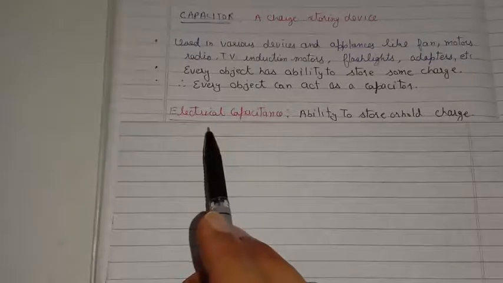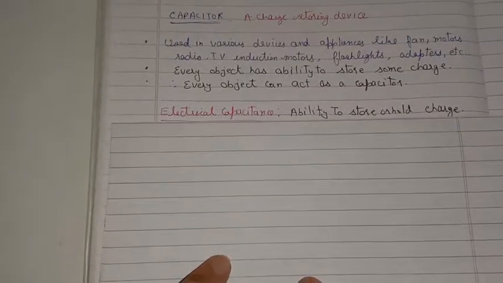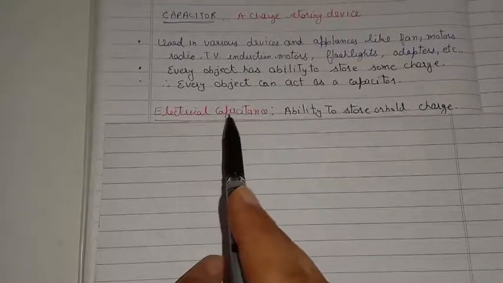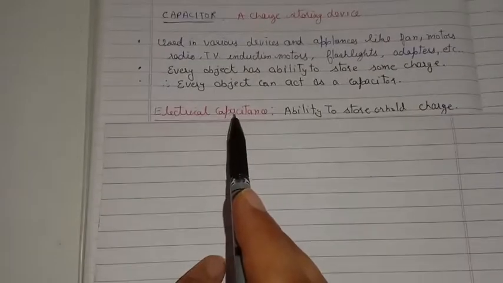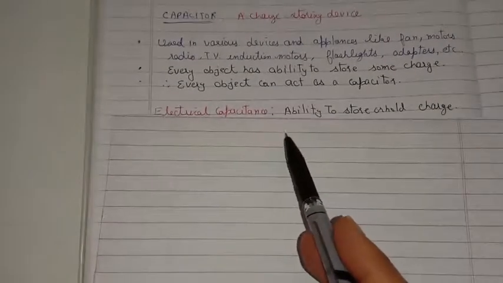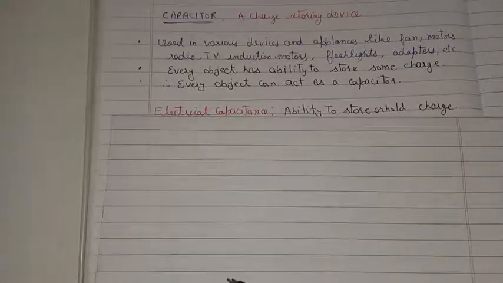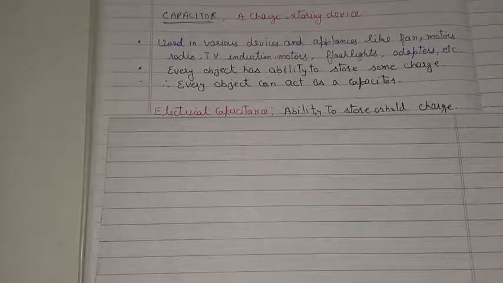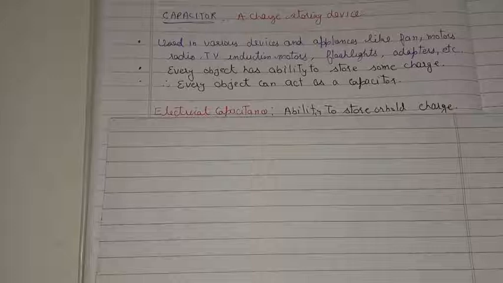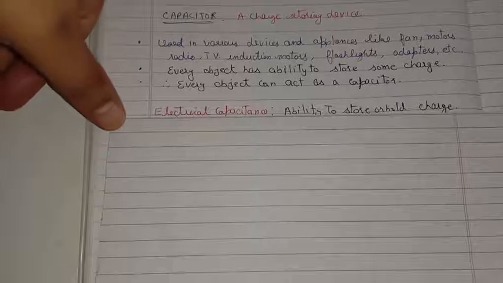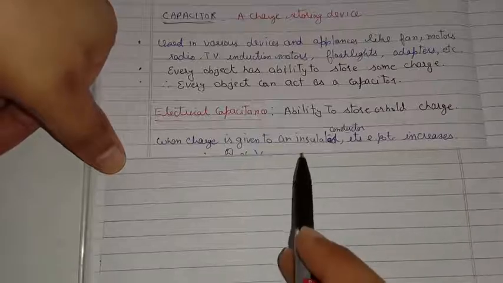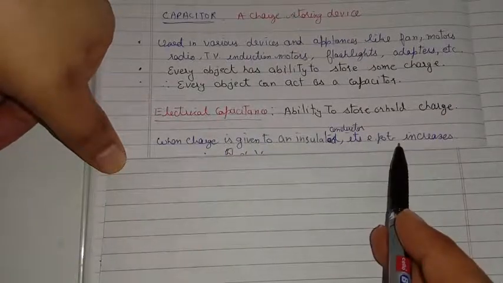So how much electrical charge can be stored inside a conductor or any object? That is indicated in terms of a physical quantity known as electrical capacitance or simply capacitance. How much charge a body can store? That depends upon certain aspects of the body. Just like a 2-liter can of oil can store 2 liters of oil inside it. If we try to push extra oil into it, it will immediately leak away. Same is the behavior of the device capacitor. Whenever charge is given to an insulator or a conductor, its electrical potential rises.